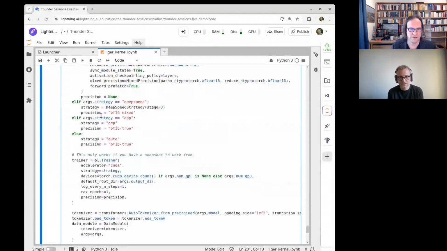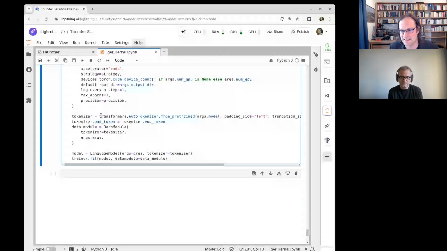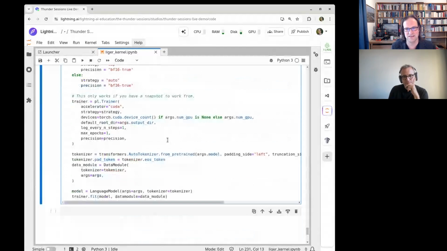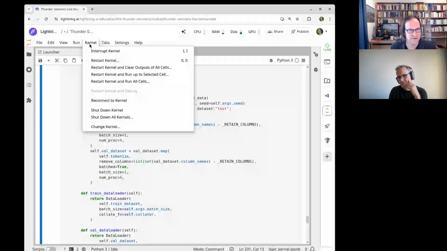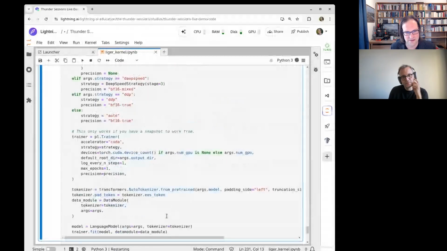So that's the only one that is changing for us. We might also see something like 1024 or so, of course, but it will be a handful and not a different one on every iteration. So let's restart the kernel and run everything.